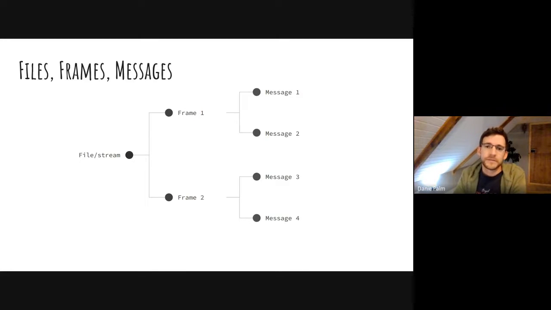The reason you need frames is that with a streaming data format you want to do consistency checks, and you might want to do compression. But if you do compression on the whole file, it's not a stream anymore. So having frames is a way of doing compression and decompression as a chunk of data comes in. And then you can also verify the consistency with the CRC, that's a cyclic redundancy check.